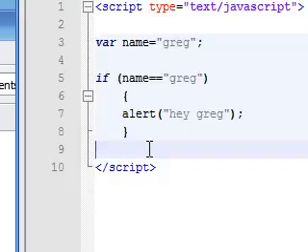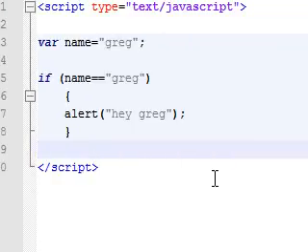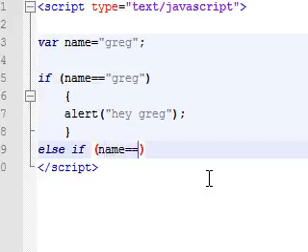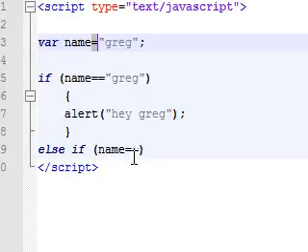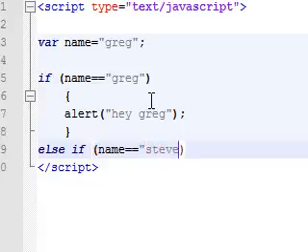And the next choice that we want to give it is not going to be the else statement like we learned before. It's going to be else space if, and then you give it a new condition. And we say in this condition, if name is equal, and notice I'm using two equal signs instead of just one. The two equal signs is when you're comparing something. The one is just called the assignment operator, and it's for when you're setting variables. But since we're not resetting this variable, we just want to say if name exactly equals Steve,